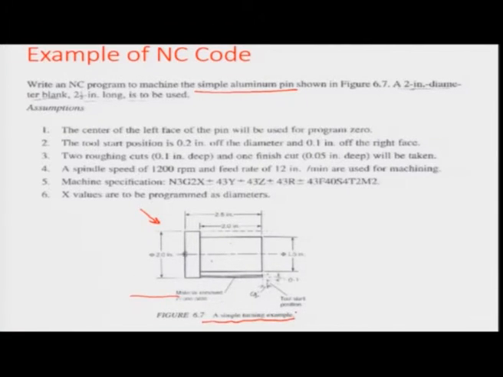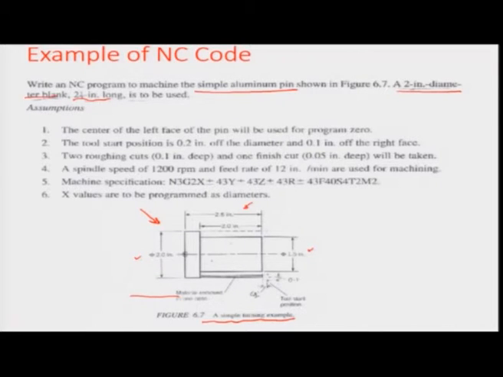It is a simple turning example, and here some specifications are given as to what would be the final dimension of the pin which we want to program, and a 2 inches diameter blank is used for formulating this pin, which has a head dia of 2 inches, but then there is a tail dia which is 1.5 inch. Also, a 2.5 inch long block needs to be used in this particular case for the turning operation,